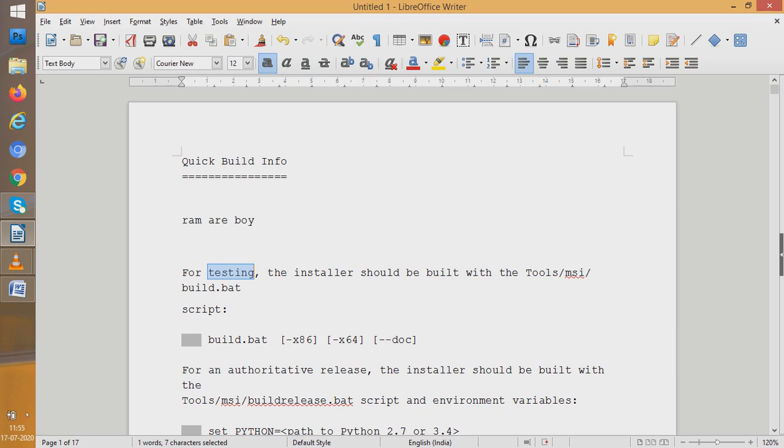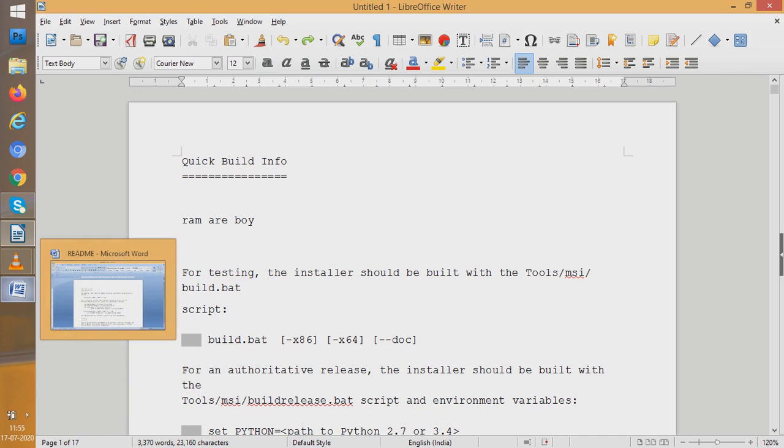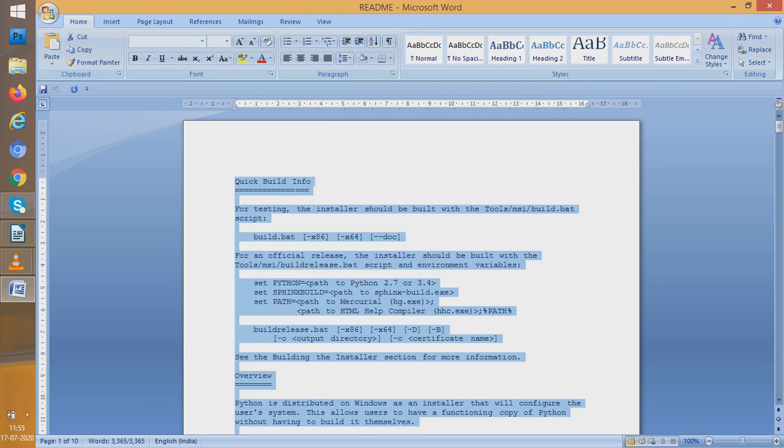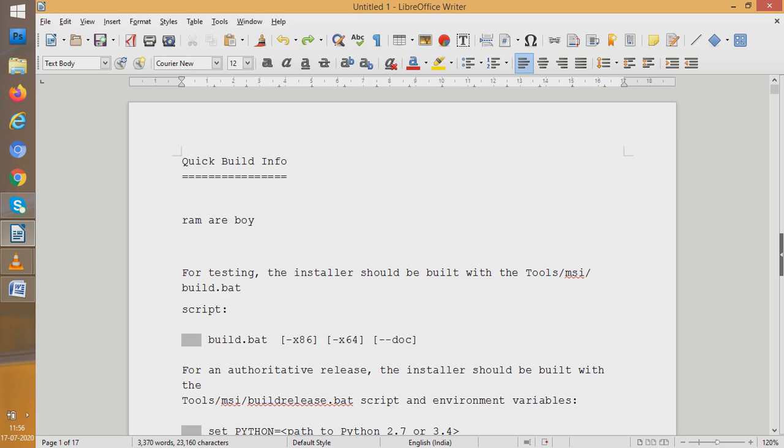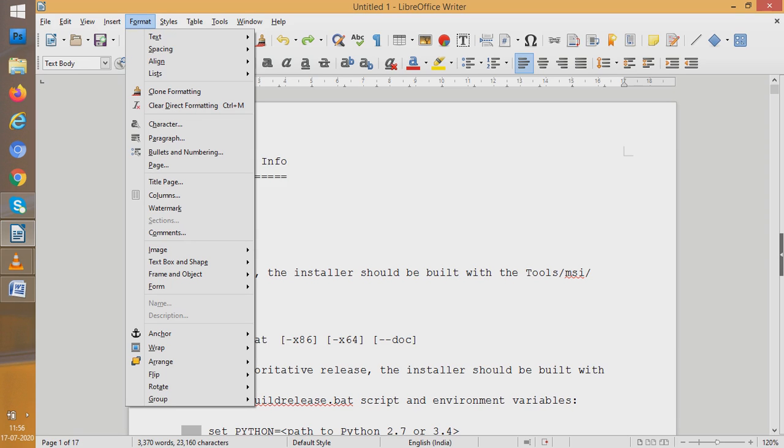Students, one thing to be understood here is, whenever I copied everything from Word, I brought it from Word. See, this is Word. I brought everything, selected it and Control copied it, and then brought it to my LibreOffice. So it also copied the formatting done in Word. Now if I want to clear that formatting and make my new formatting here, we can go to which option? We can go to format option, and there is something called Ctrl+M or clear direct formatting. Now what is clear direct formatting? Direct formatting means when we copy something and bring it here, whatever formatting had been done, that also gets copied from there and gets pasted here.